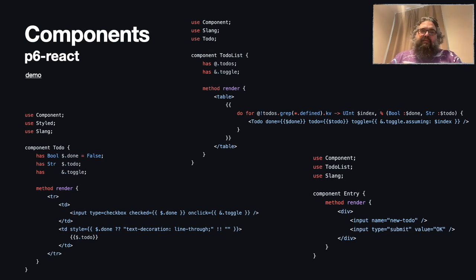So this project was an implementation of React, with many quotes on that, on Raku, on Pro 6 at the time, and it would not run on the browser, of course, at the time,